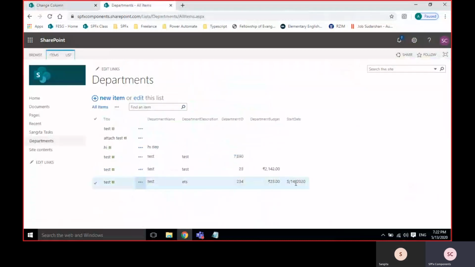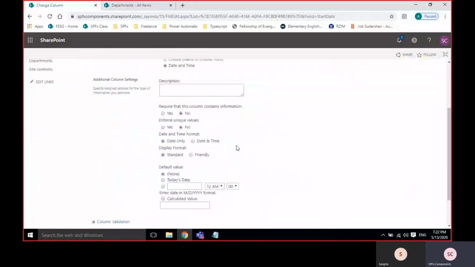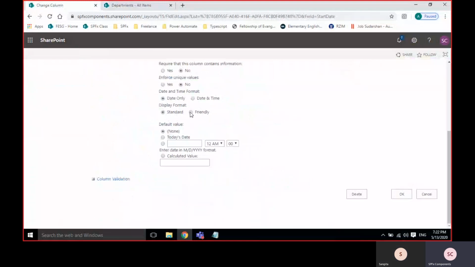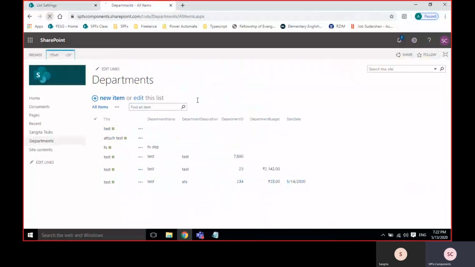for example, I have this format. I can make this a friendly format. Display format, and I'll update this as date and time. Then see here, it's a friendly format, with tomorrow's name like that.